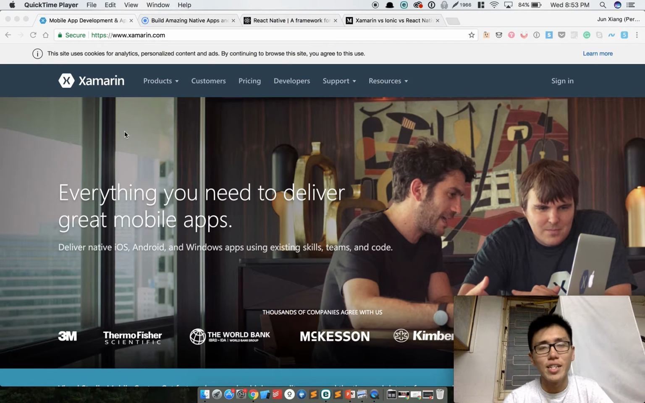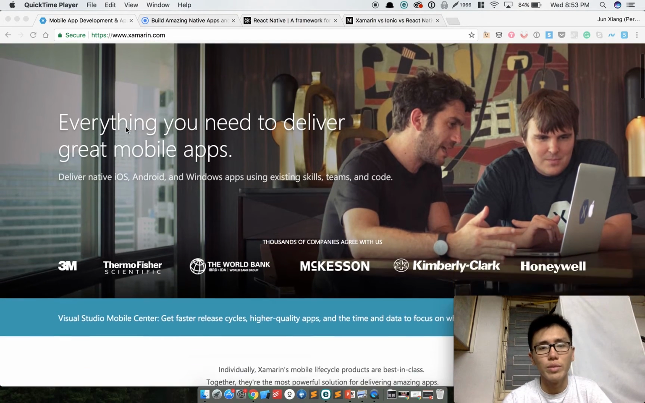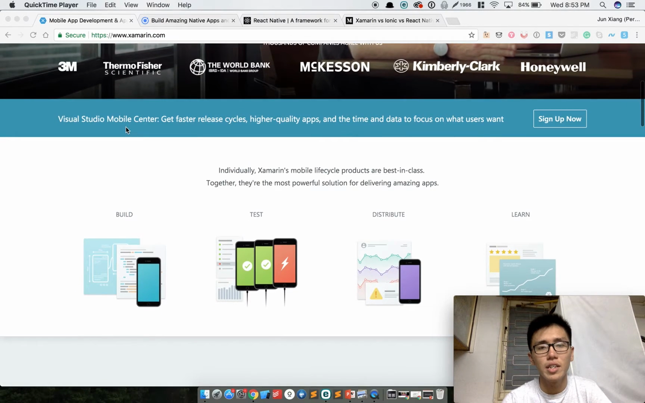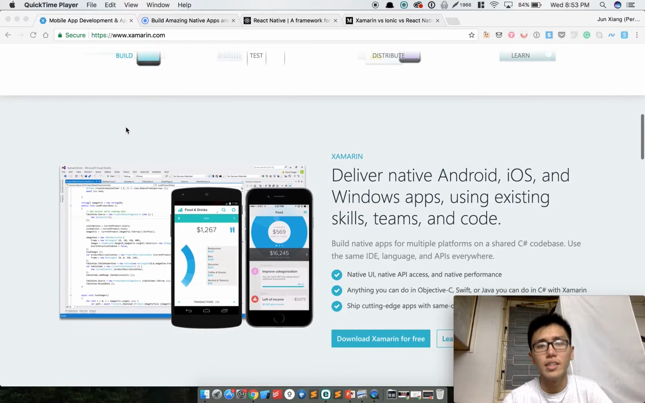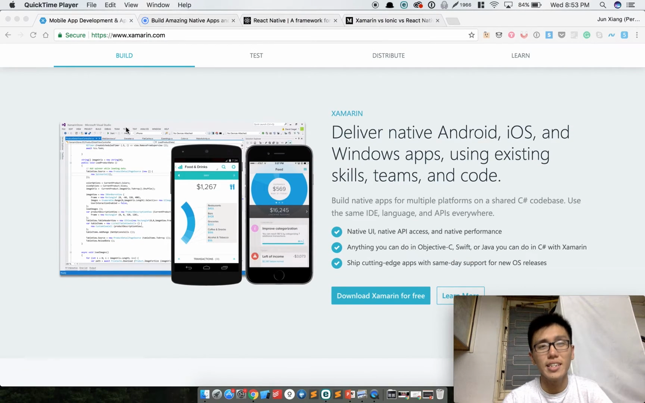Let's get started. So for the first product itself, it's Xamarin. Not sure if anyone of you heard of it before. It's developed by Microsoft. It's pretty well developed. It's used by a lot of people out there. So what it does is, I would say it's the most native tool out there to develop because